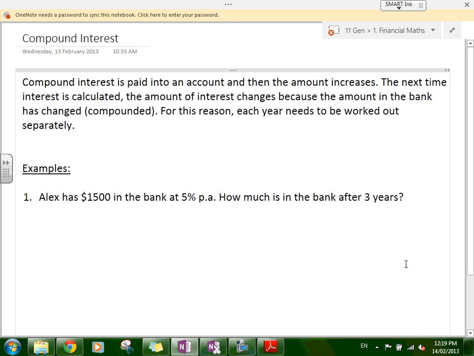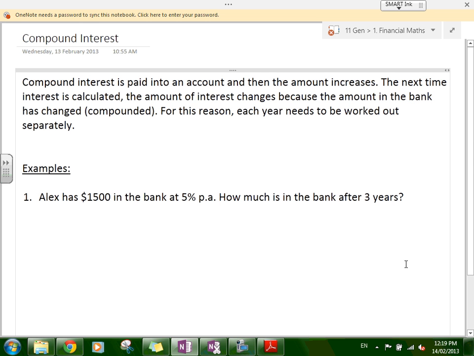So the idea of compound interest, again, it's interest, so it's paid into your account. And you can take your headphones out, please. Headphones out, listening here. So compound interest is paid into your account, but obviously as it's paid into your account,